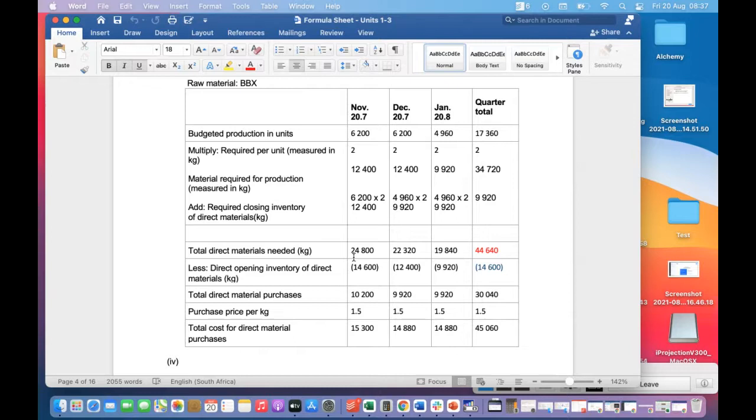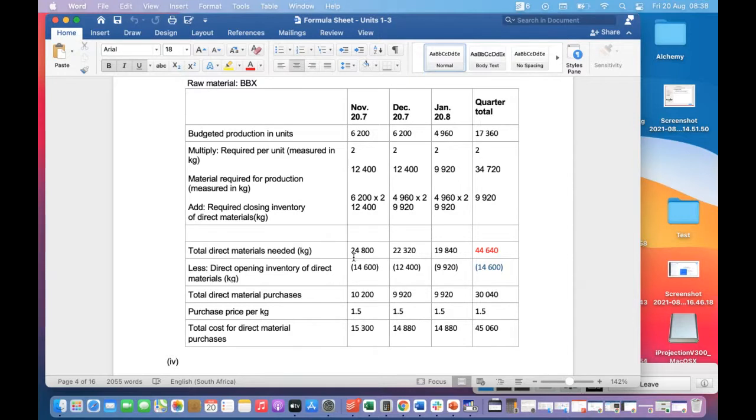Okay. Now this one is a lot like the production budget. The only difference is now we actually want to know how much materials we need. So you have to have done the production budget first to know how many units I need in this quarter for the respective months. Then all you're doing is literally saying, if I need 2 kgs per unit, then you're just saying 2 kgs times the number of units, then I get my total in terms of materials.